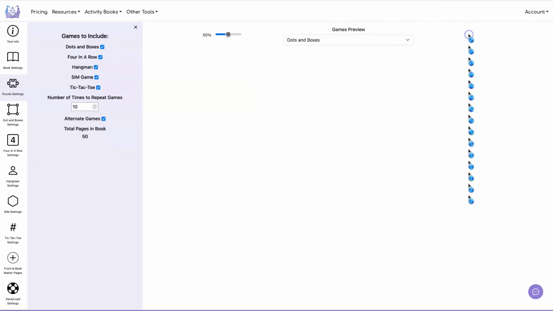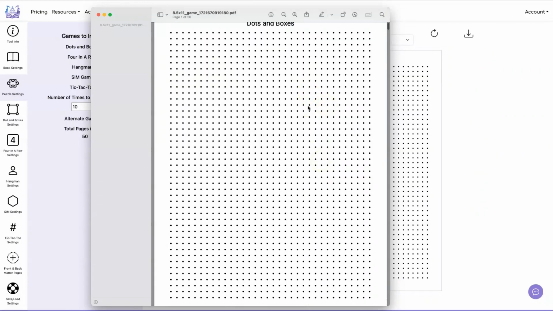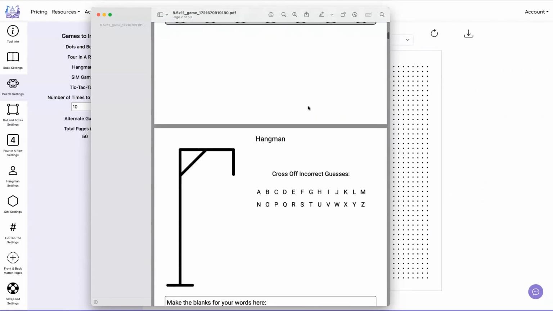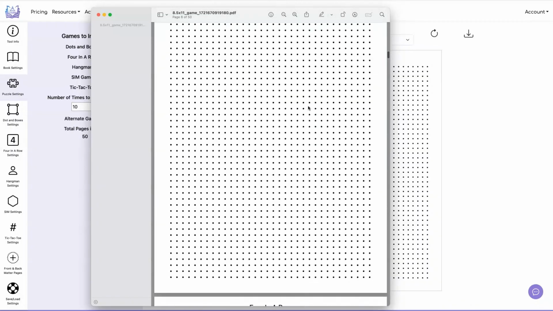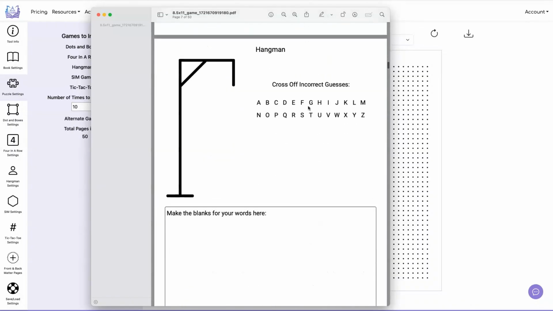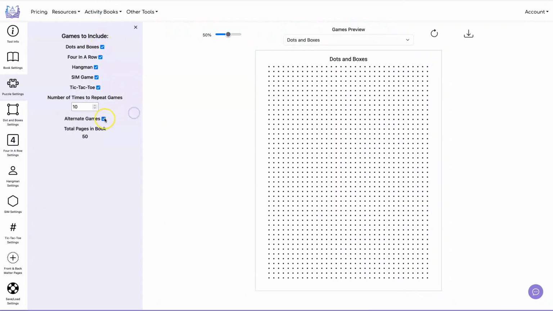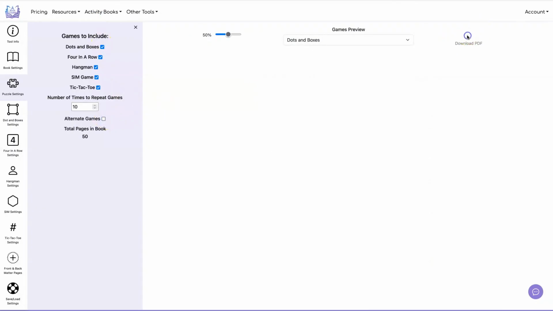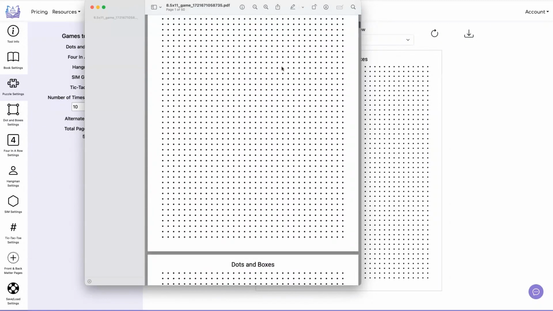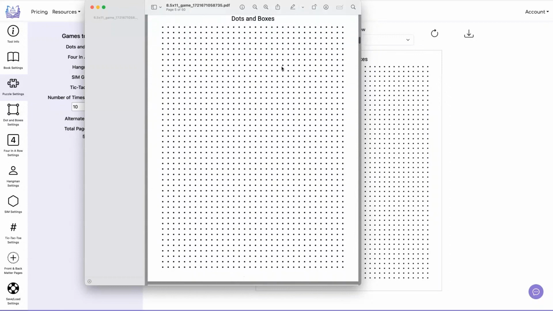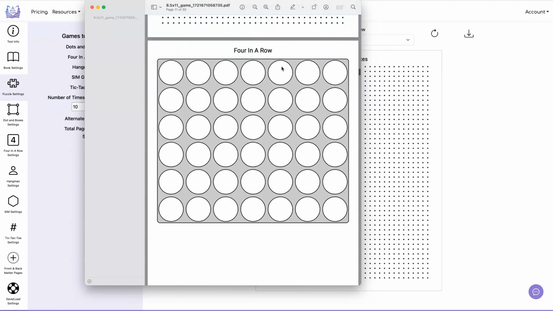If we hit download, since we chose to alternate the games, you're going to have the Dots and Boxes, Four in a Row, Hangman, Sim Game, Tic-Tac-Toe, and then it's going to repeat, and it's going to repeat 10 times. Now, if we don't have this clicked, now we have Dots and Boxes repeated 10 times, and then Four in a Row repeated 10 times,